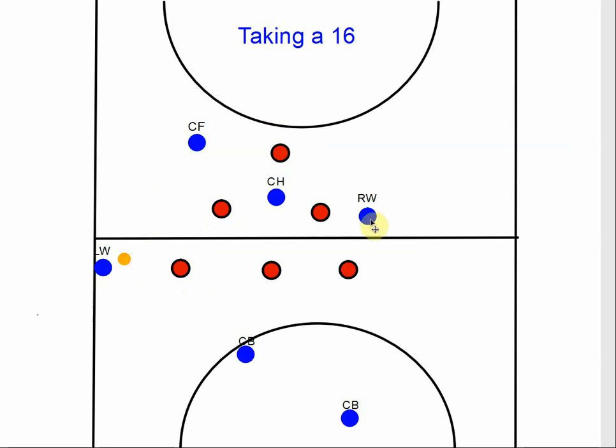Now, this person you'll notice is right wing, but you're in because the ball is starting on the left. So in most cases, we'll look to transfer the ball back, or if they're really quite deep, you can push up, but don't push up too much that you give yourself a problem. So as soon as this is passed,